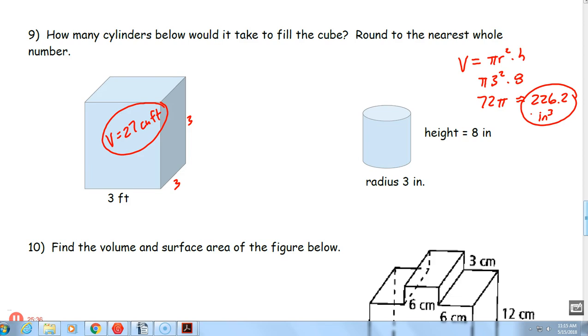There are 2 different ways you could do it. You could change this into a cubic foot if you wanted to. You could also change this into inches. I think a lot of kids might find it easier to change this one into inches. So 3 feet is really 36 inches if you multiply by 12. So think about this box as 36 inches by 36 inches by 36 inches. That's a crap ton of inches. 36 to the third,